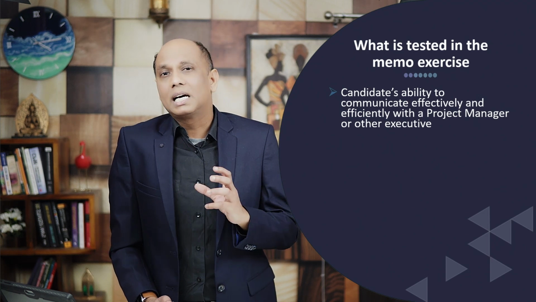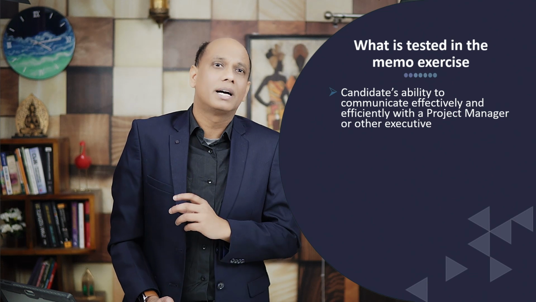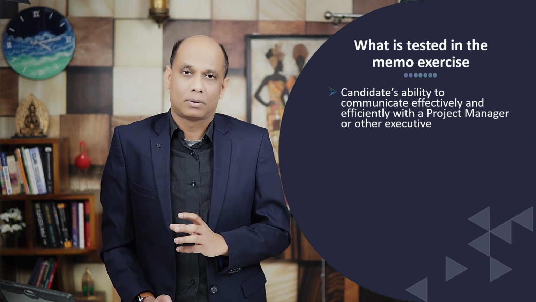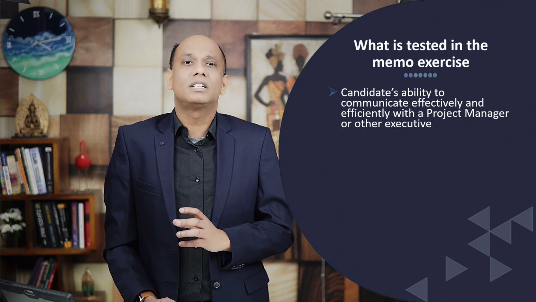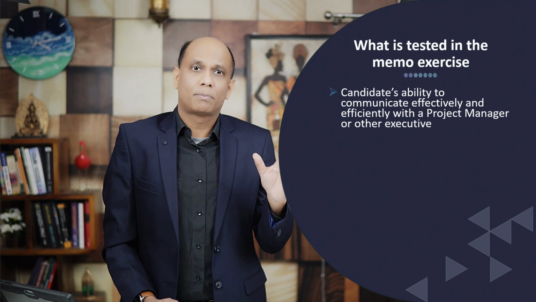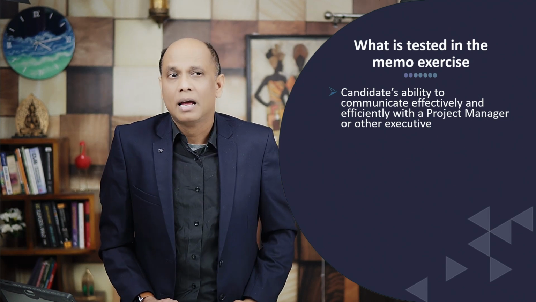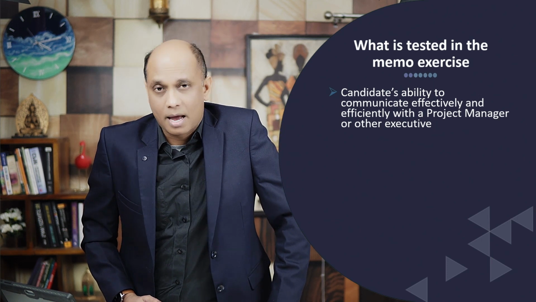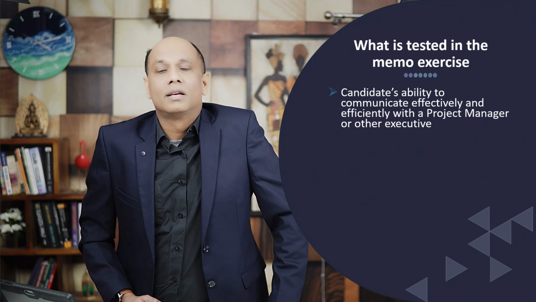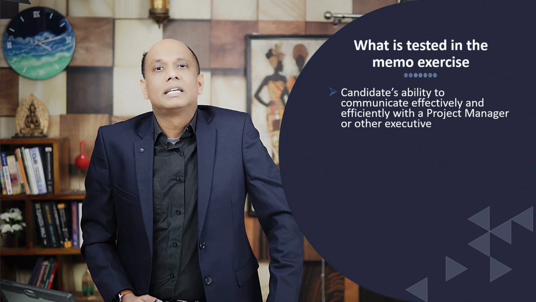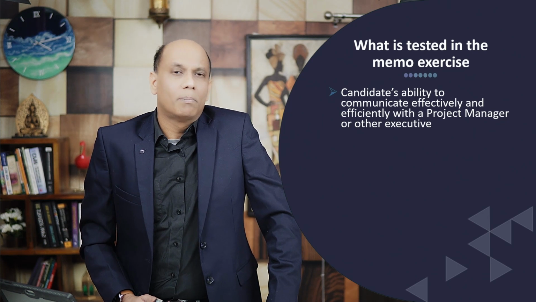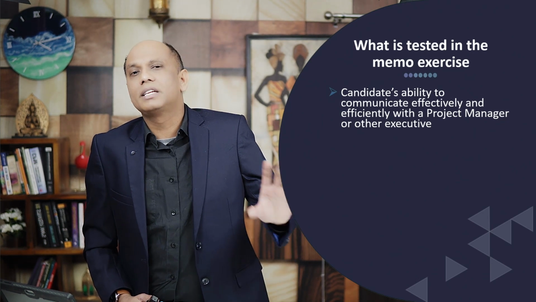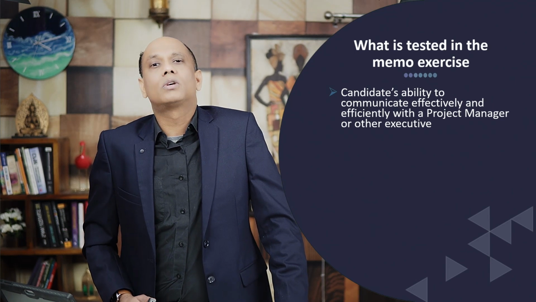So, what are the objectives stated by AC International for the EVP memo? The memo question is probably a little bit of a repeat of what we discussed a moment before, but it is worth spending some time to understand the objective from various standpoints so that we have full clarity of what is expected in the exercise. So the first objective by AC International for the memo question is testing the broad categories of the candidate's ability in three broad points, and these are the candidate's ability to communicate effectively and